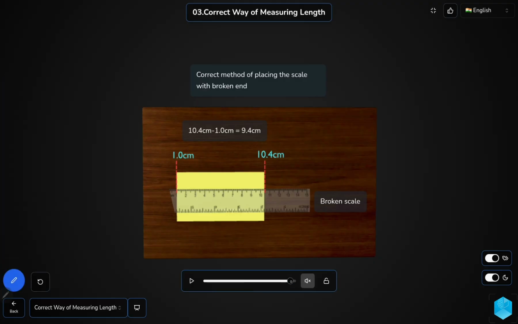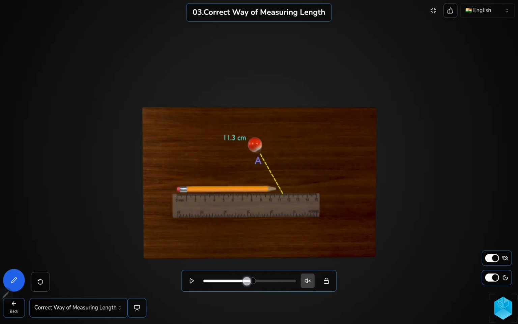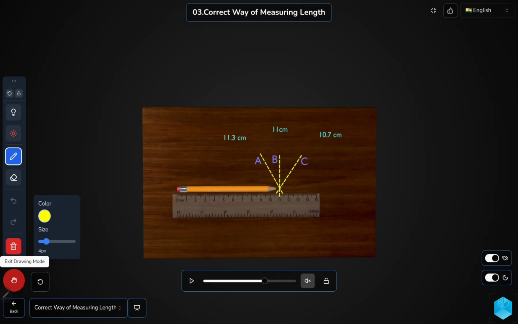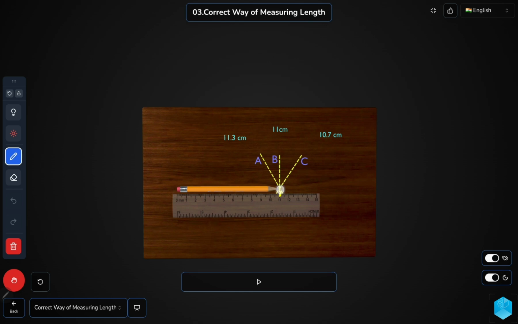Next thing is, while measuring, what precautions you should follow. For example, here you can see you are measuring with the scale. Now, if you keep your eye inclined, or in this direction or any other direction making an angle, then you will not get an accurate measurement. So where should you place your eye? Your eye should be placed straight, at this place, so that you get an accurate measurement. If you place your eye at an angle from the scale, either this side or that side, you will not get an accurate measurement. So this also you should keep in mind while measuring.